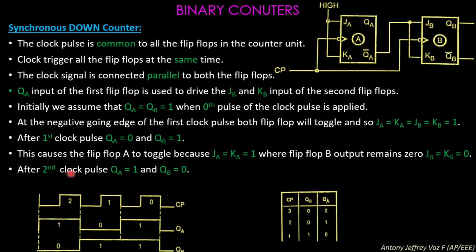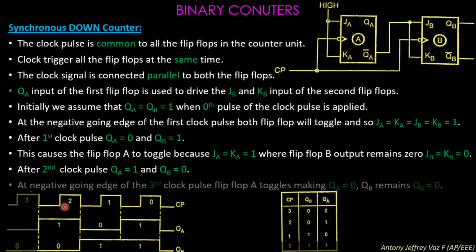So in the second pulse of the clock, you can understand the transition on both states. Okay, so the QA bit is going to get high, whereas the QB bit is going to get to a lower level. So this transition occurs when the second clock pulse arrives. Similarly, when you are having the third clock pulse, you may see all the outputs, that is the QA and QB values, all become 0.